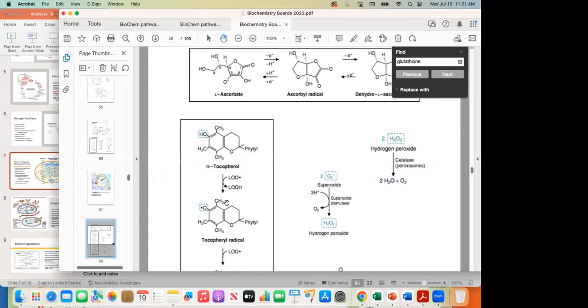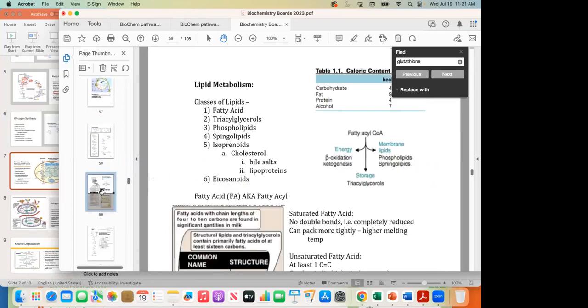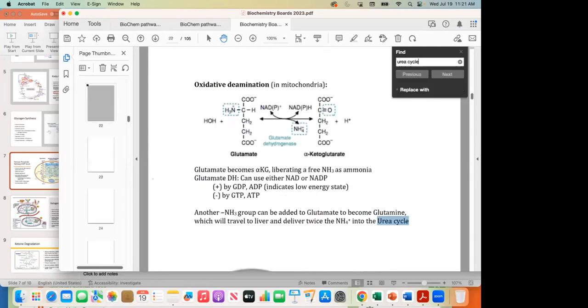Okay, great. Let's see here. That lets us into our fat. Okay, I had another place I was going to have us go. Oh yeah, one other cycle, and then we can look at vitamins.